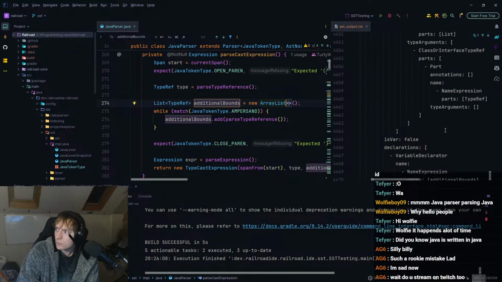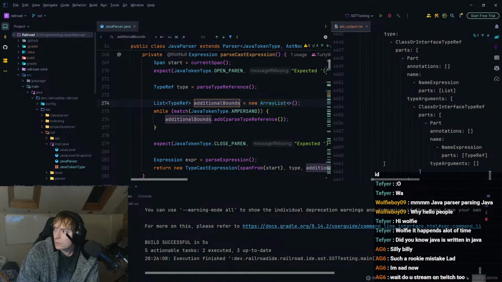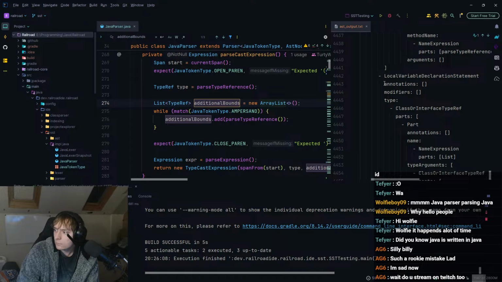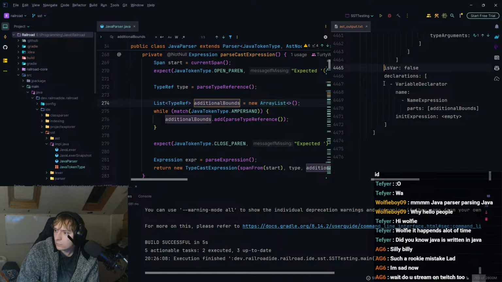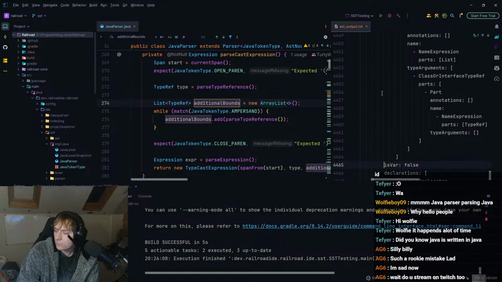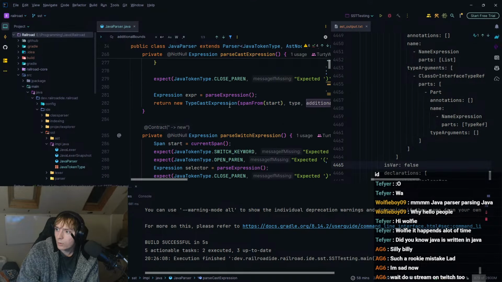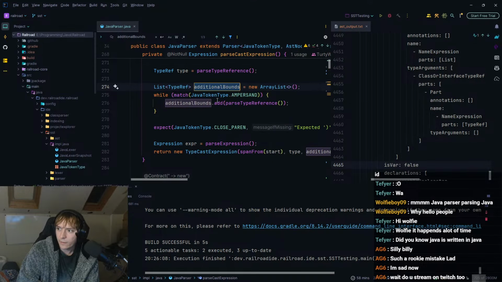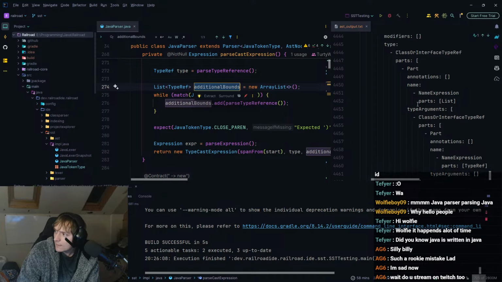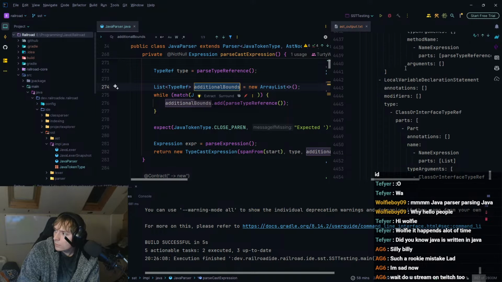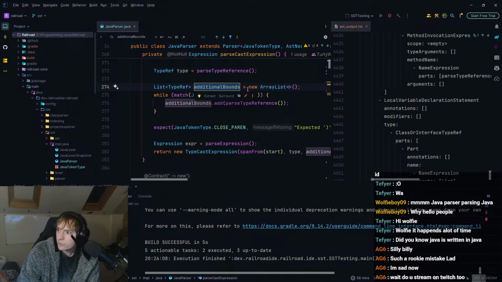And if we look at what's before it, oh wait, no. Wait, no. That's not... It can't be that. It can't be this. Is it this? So a local variable declaration statement.